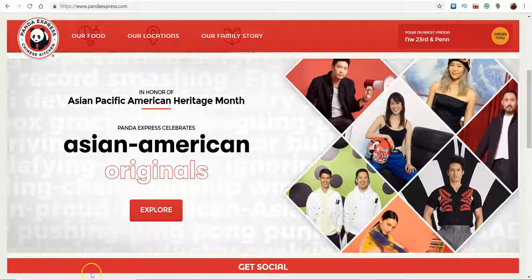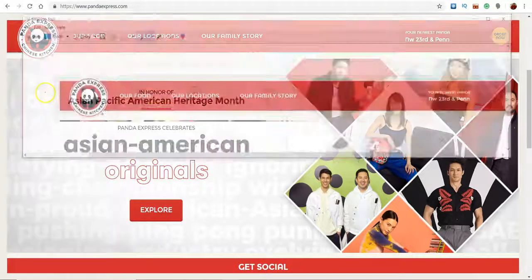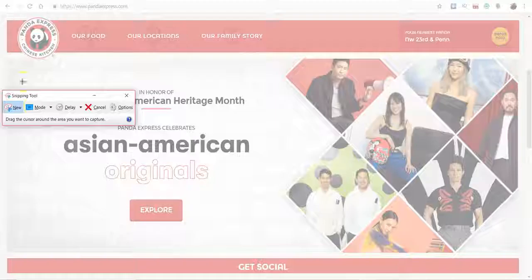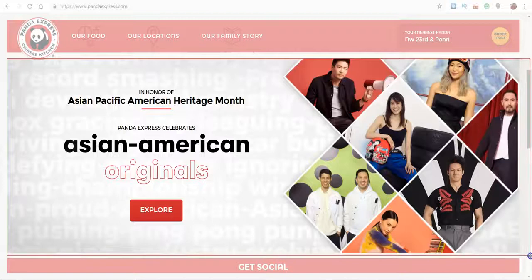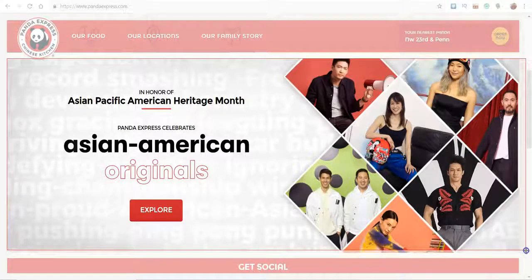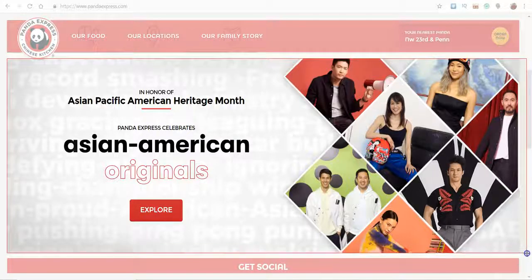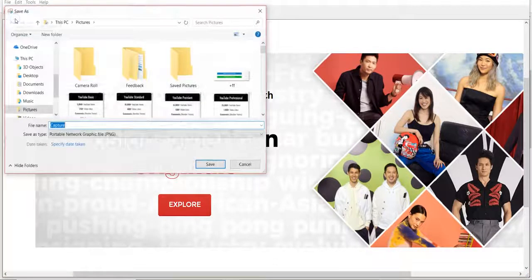We'll go back to our snipping tool, click it, go new, and just screenshot the rest of this. You can do it all the way to about right here. So now we have that, and we save it